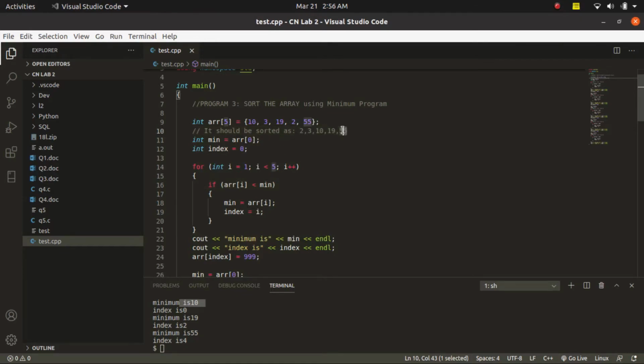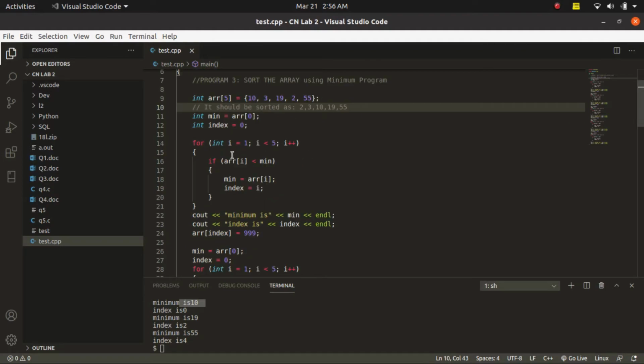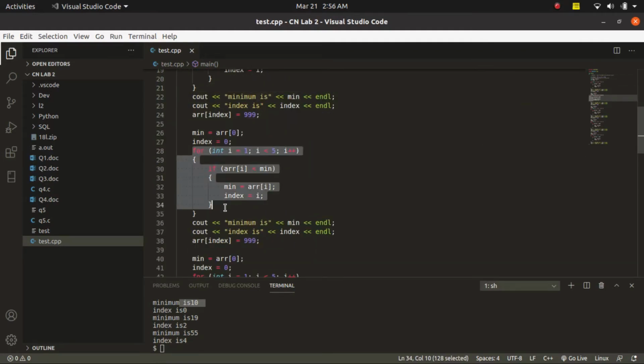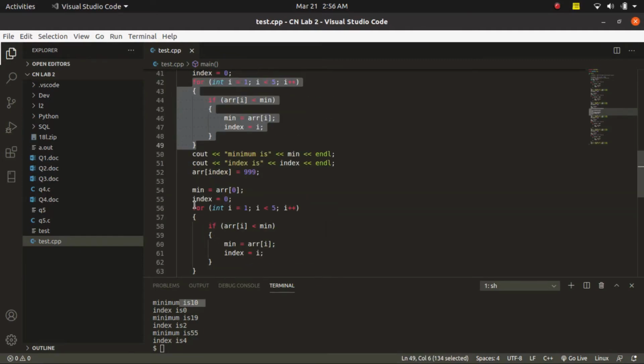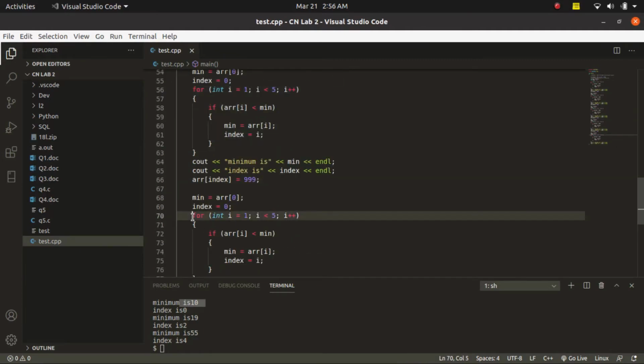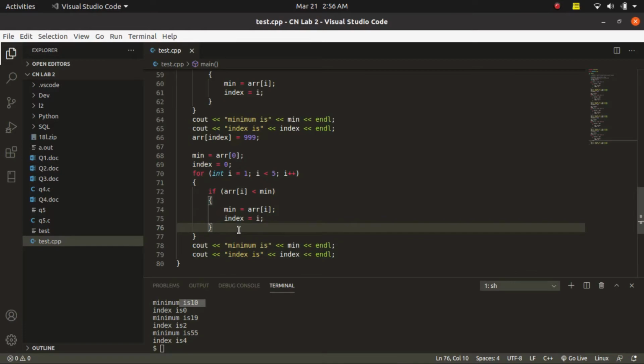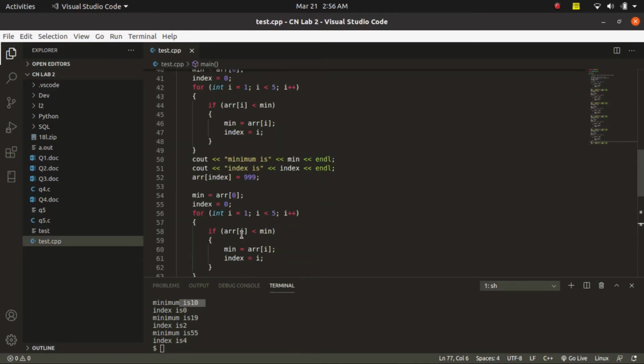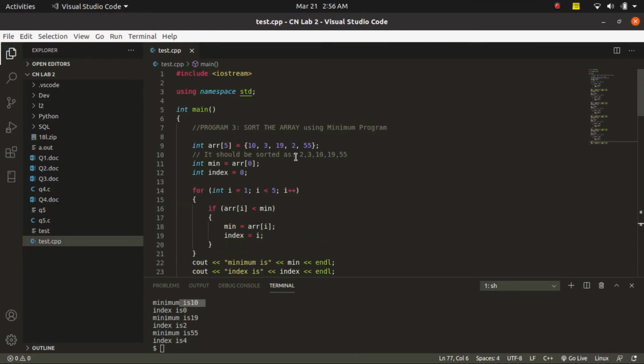as when we have sorted the 4 elements in the array, the 5th element is automatically in the right spot. So here we are running the for loop once, twice, thrice, 4 times, and 5 times. So we would do it from 0 to 4 times, but we don't have to do it the last time, because once 4 elements are sorted the array is already sorted. We don't need to find the last element, as it's automatically in the correct place.